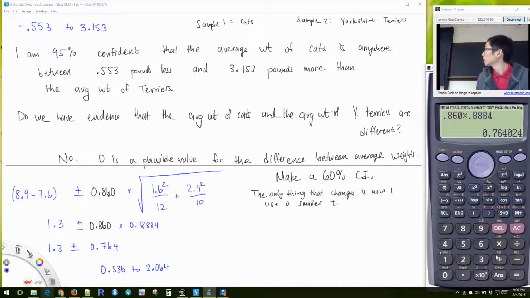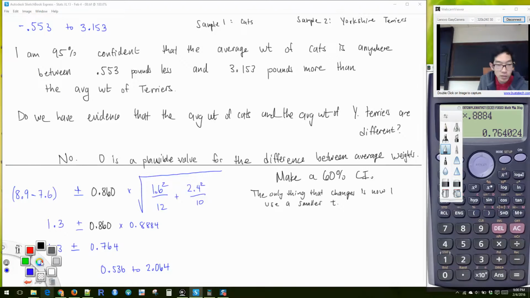Okay. All right. Is this part okay? Everything here? So what happens now? So now I would say I'm 95% confident. Or I'm sorry, not 95. Okay, I am 60% confident